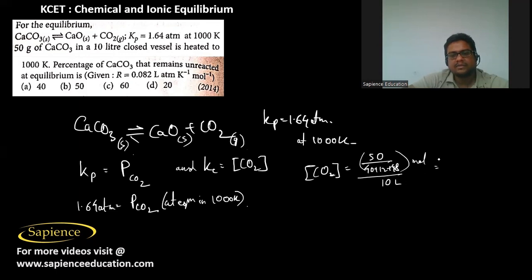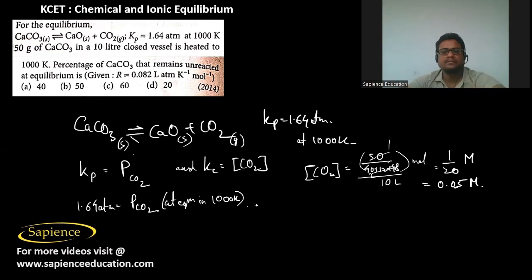So that will be 1 by 20 molar. 1 by 20 molar means it is 0.05 molar. Then the percentage of